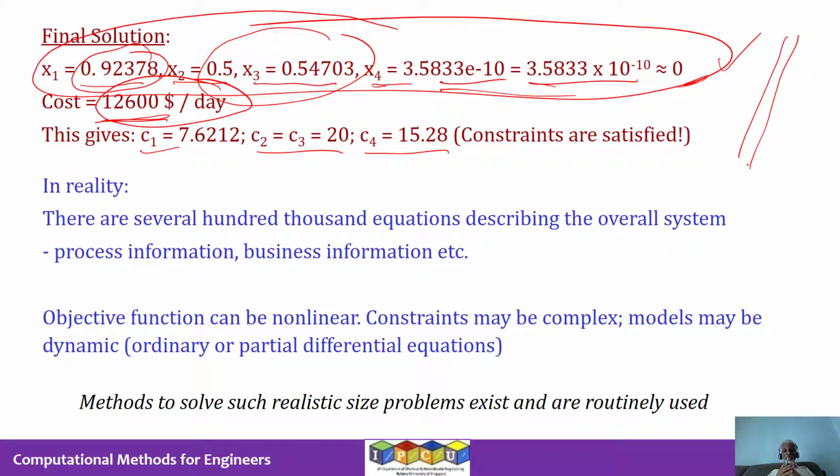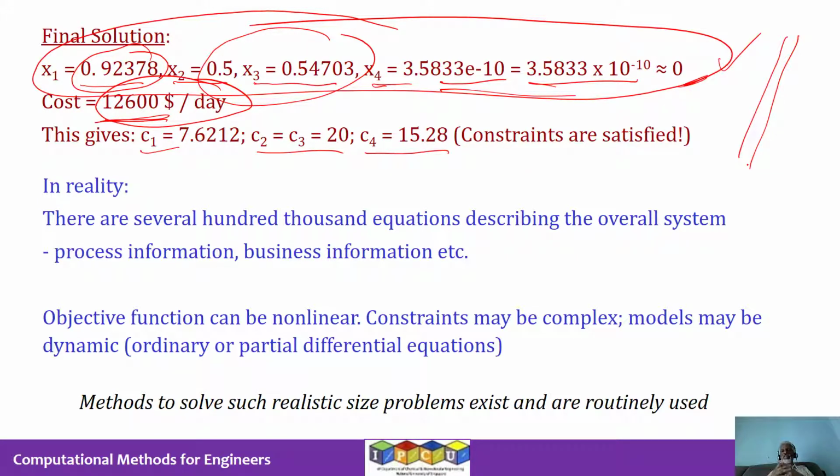But in reality, when you solve problems in a chemical refinery or a paper mill or a polymer plant, you're going to have several 100,000 equations sometimes in 100,000 unknowns with, let's say, 30 or 40 decision variables. So the real world problems are going to be high dimensional and with a great number of decision variables, so that the search for the optimal point can be quite challenging. And systems can be non-linear as well. Constraints can be non-linear. They need not be linear constraints. So all of these will pose problems in the solution using optimization techniques.